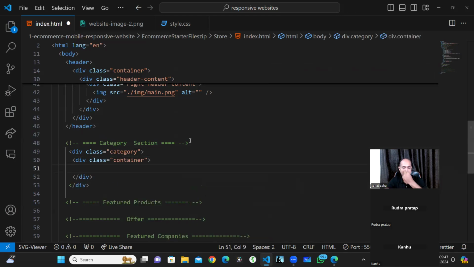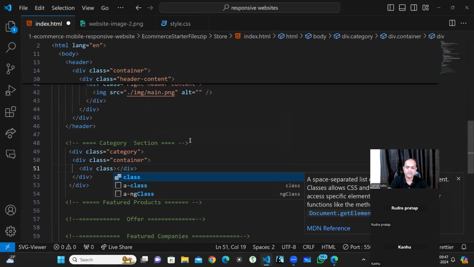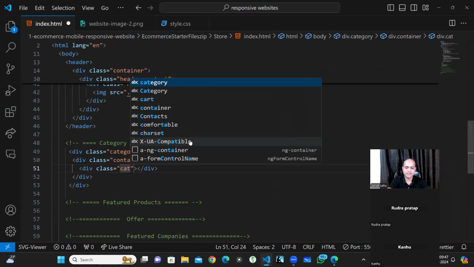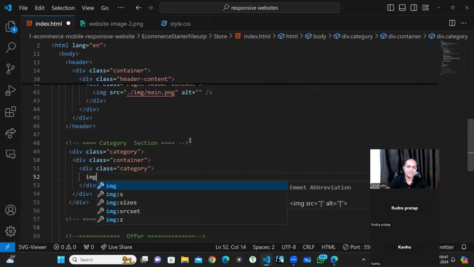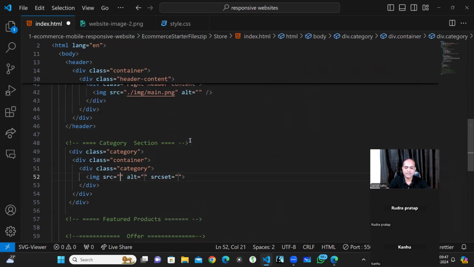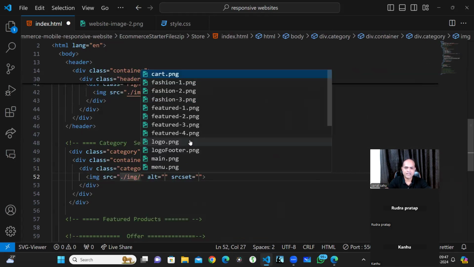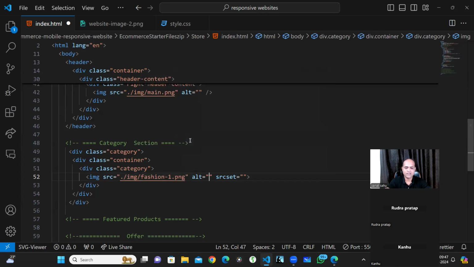And if you see, what we need is 3 boxes, right? So it means that 3 categories are there. So a div with class category. Each category has an image, and that image will be dot slash image, and then I'll just write here maybe fashion1. We don't need a source text. And then what we have,